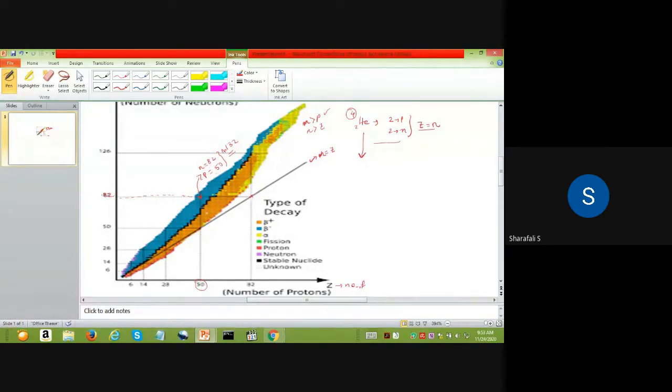So when you increase the mass number, or the size of the nucleus is larger, this deviation from N equal to Z is larger. This is because, as we already discussed a little bit, when you have more number of protons inside, and you have some neutrons also, and very large size nuclei,